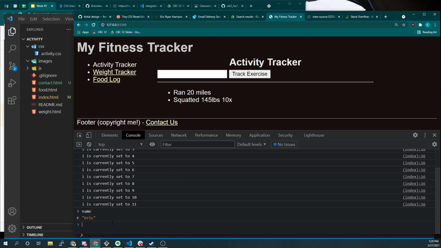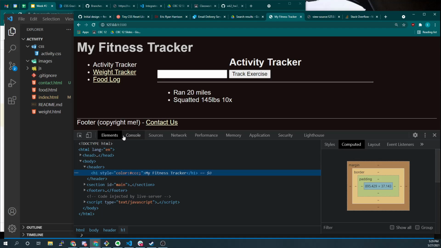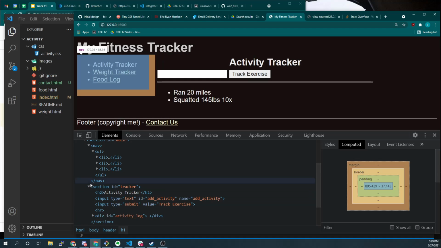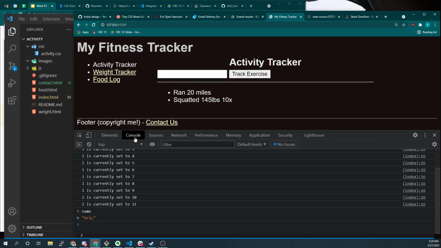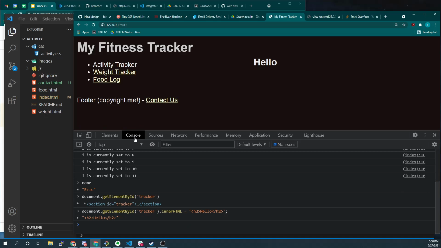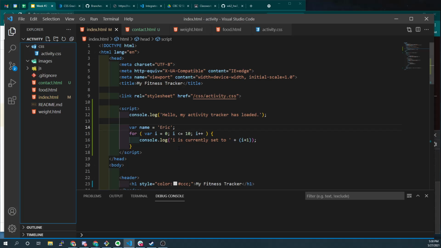I can come in here and say, what did we call this? What did we call our header? H1 style. Let's just do... right. Section ID. Yeah, I gotta find something I can quickly. Let's do tracker, right? So document dot get element by ID tracker, right? So the tracker is this element. I can change it by doing inner HTML equals h2 hello, right? So it's going to replace everything that's in this page with a big hello. So I can update this just the same as if I can run this exact code in JavaScript, right? So if I put this in here,